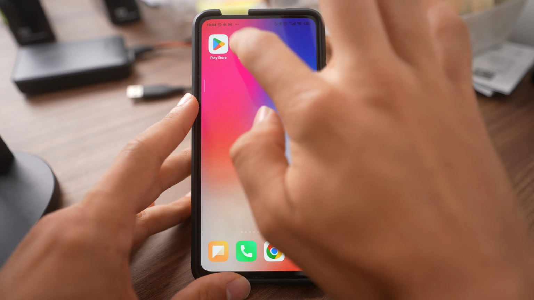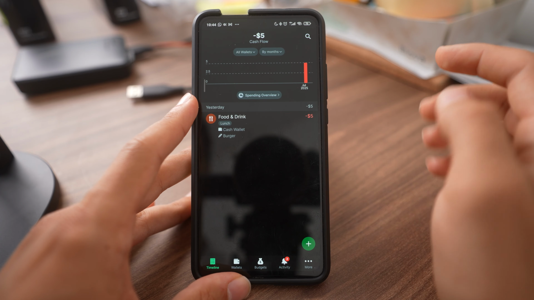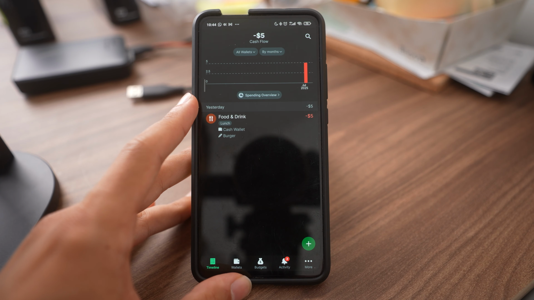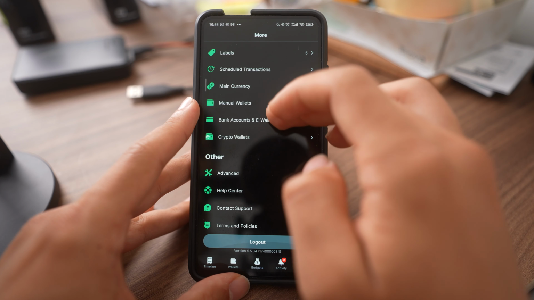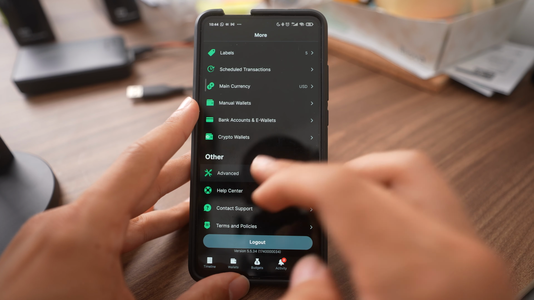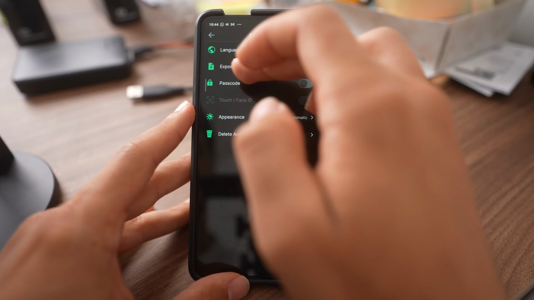First of all, open up the Spendee app. Now go over here to these three dots which says More, click on that. Now scroll all the way down until you see Advanced, so click on Advanced, and then you can see Export